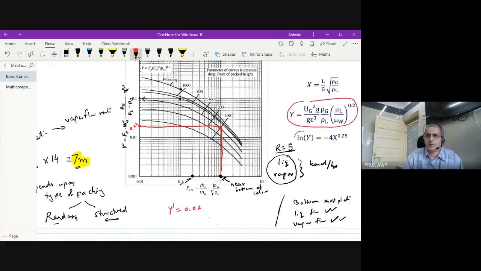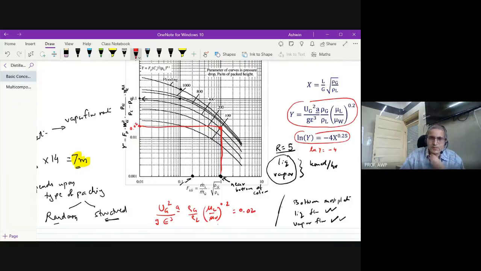Or you can calculate it from this number. So x is suppose 1. If x is suppose 1, then ln y would be -4. And then you can calculate y, whatever that value of y comes out to be. So now what is the value of y? Suppose that value of y comes out to be 0.02. So that means you want ug square g epsilon cube a bar rho g by rho l mu l by mu w raised to 0.2. You want this to be 0.02,